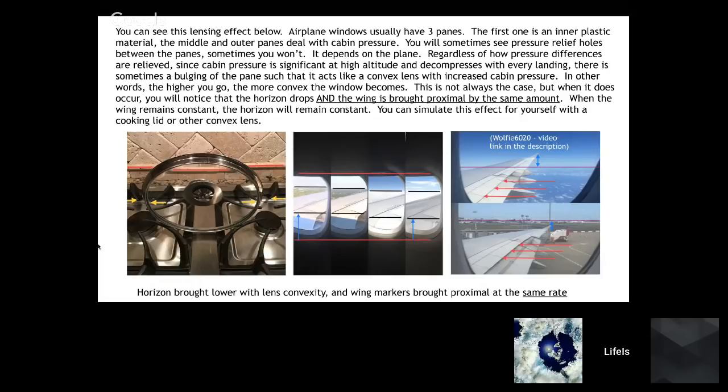I think it's 2 Thessalonians, or it might be 2 Corinthians, I can't remember. I think it's 2 Thessalonians 2:12. Let me see here. Yeah, so 2 Thessalonians 2:12. So it says that